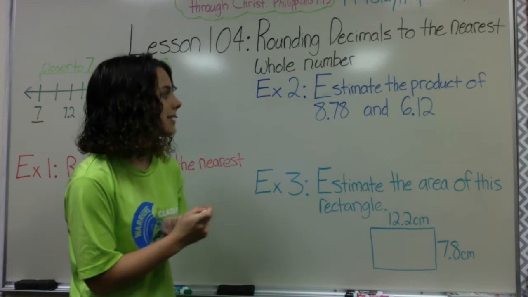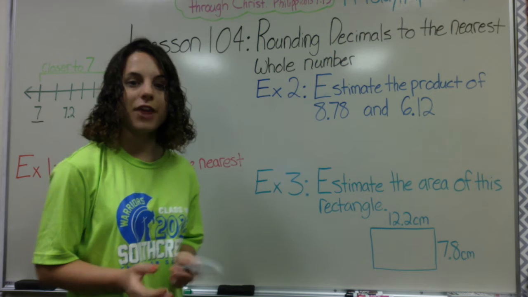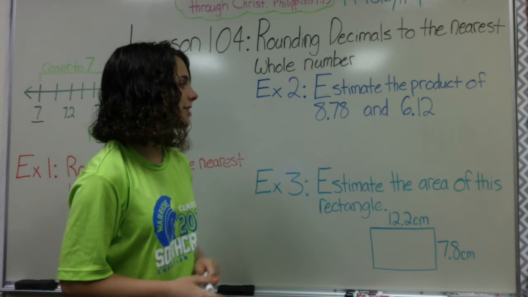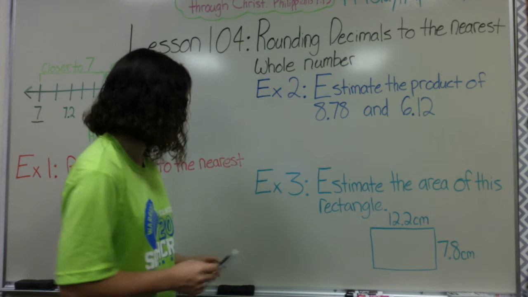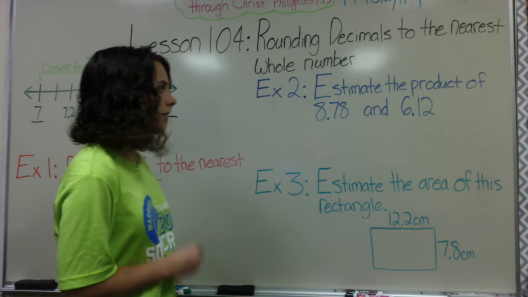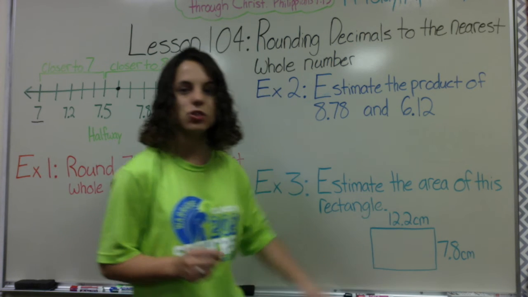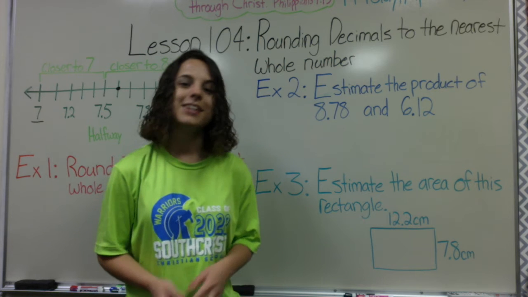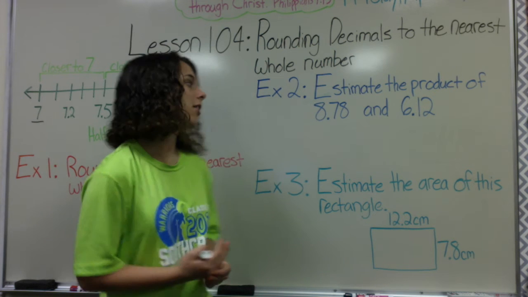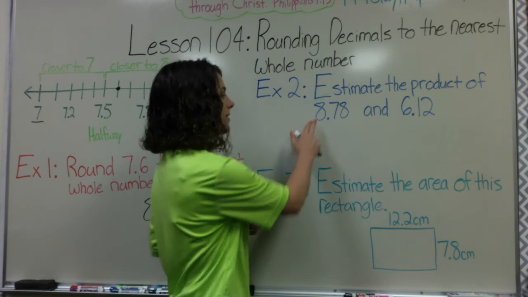Example 2 says to estimate the product of 8 7/100 and 6 1/100. Now this is just taking it a little step further. We know, first of all, that a product is an answer to a multiplication problem. So I'm going to be multiplying on this problem. I have 8